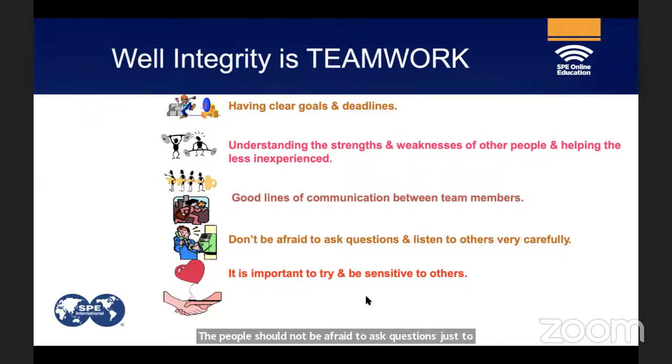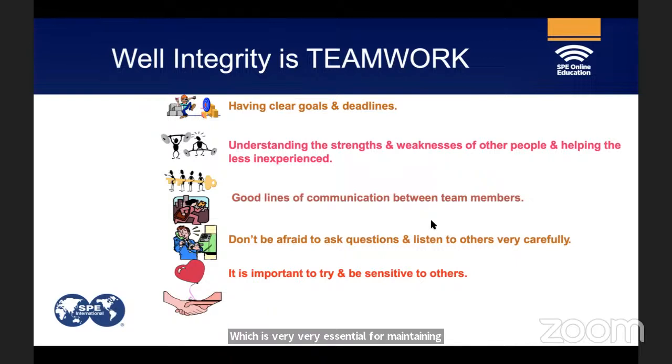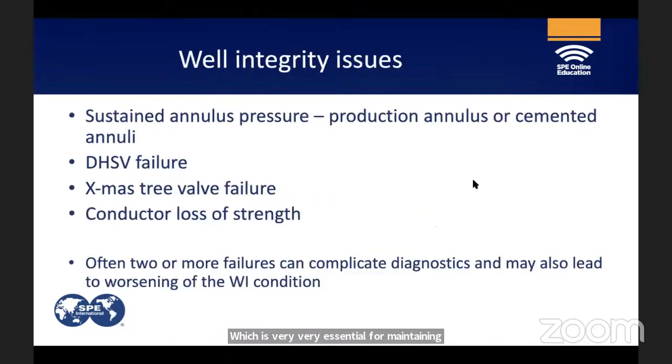So it is very essential that the communication... these all points highlight the communication issues and other barriers between people which inhibit the right message from being transferred, which is very, very essential for maintaining well integrity targets. So I have listed down some of the well integrity issues which could impact the well or elevate the well